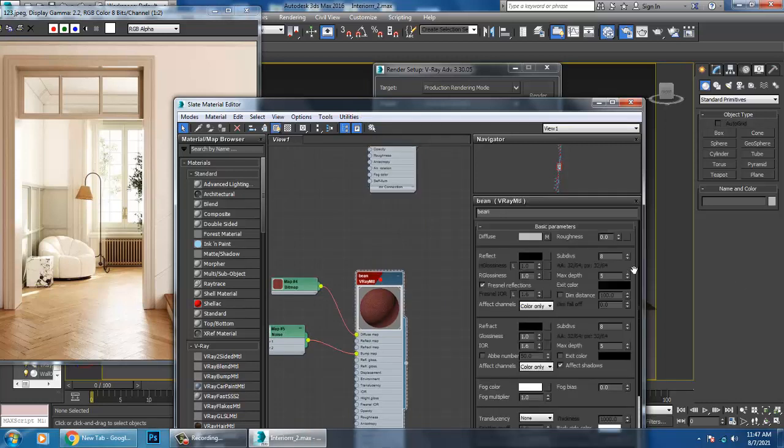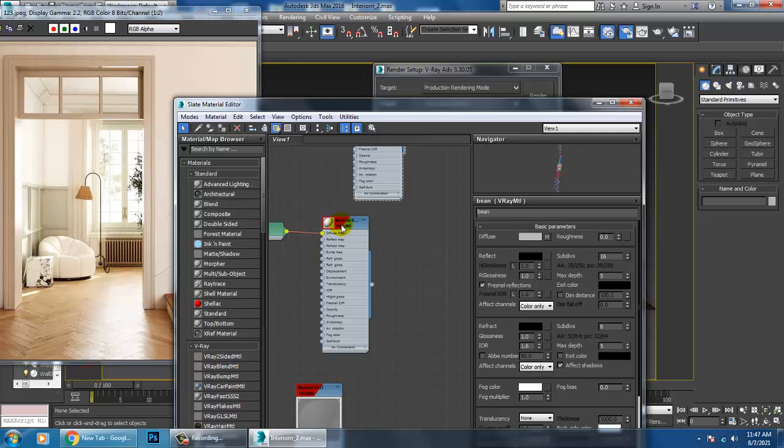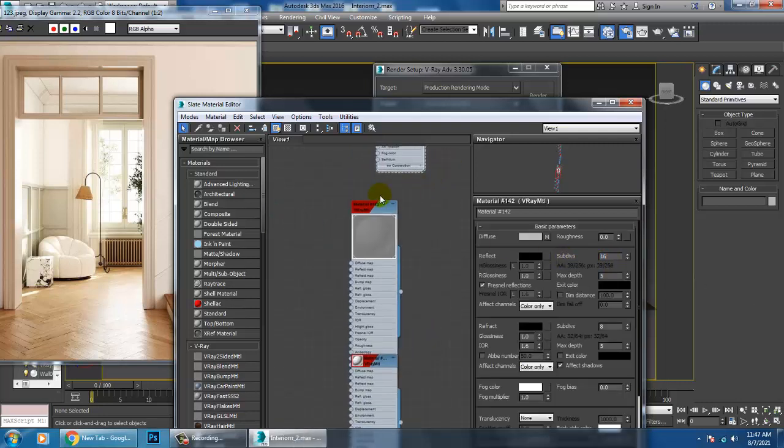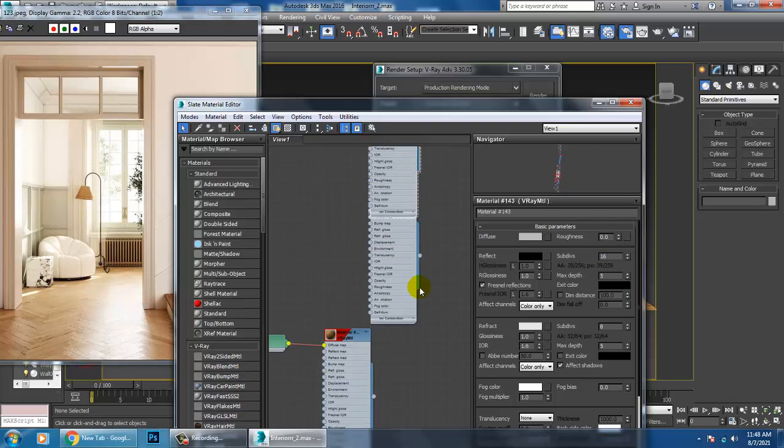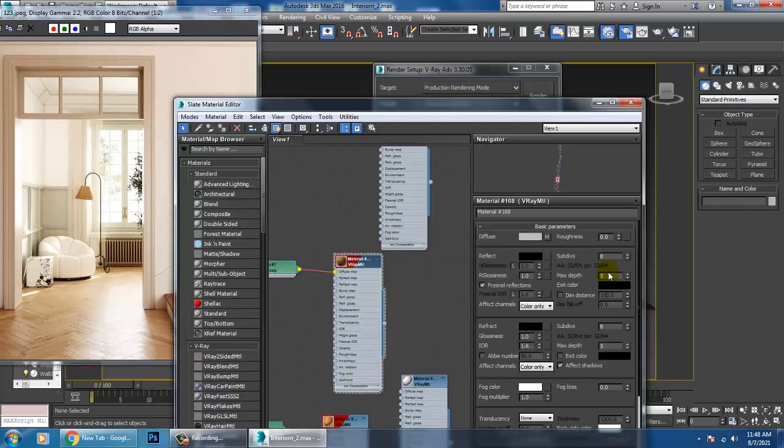So just increase it. Now keep on doing it.